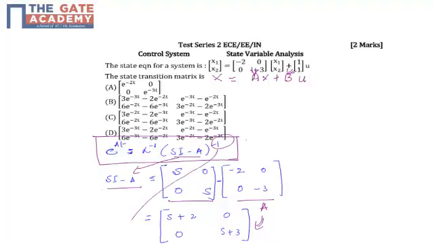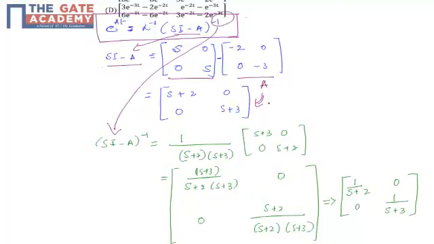So that can be obtained by taking the inverse of this matrix. That is obtained using the formula A inverse is 1 by determinant of A into adjoint of A, using this formula. So taking this whole term as A and using the linear algebra matrix formula.